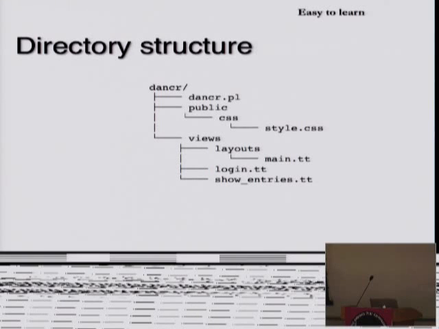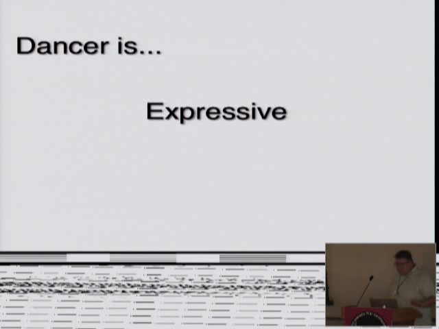And then we have a main.tt, which is kind of like a layout, the idea being that you have an overarching look and feel of your website. One way to implement that is to implement it as a template here and then stuff all this into it. So you render this, and then you render one of these two things, depending on what you're doing. So a whole bunch of arrows. We're going to skip over those.